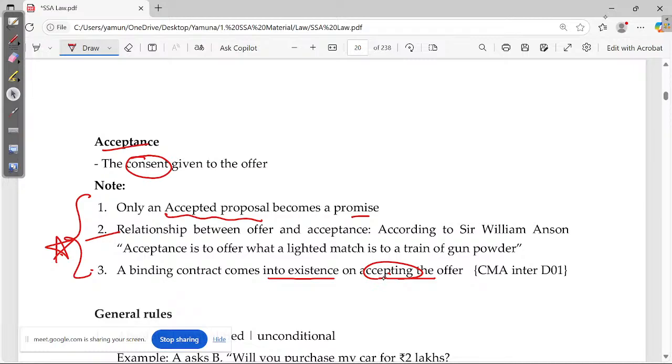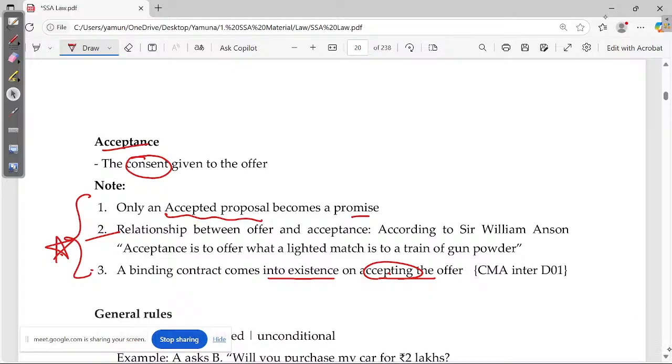So when this case goes to the court of law, the first and foremost point that will be checked, when the acceptance is given, is whether the offer was valid during that period. If the offer was not valid during that period and the acceptance is given, then how can you say it's a contract? Because the offer has lapsed.